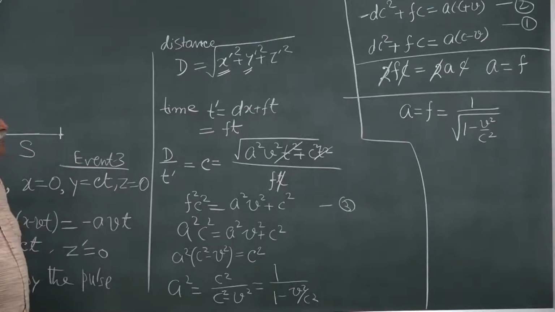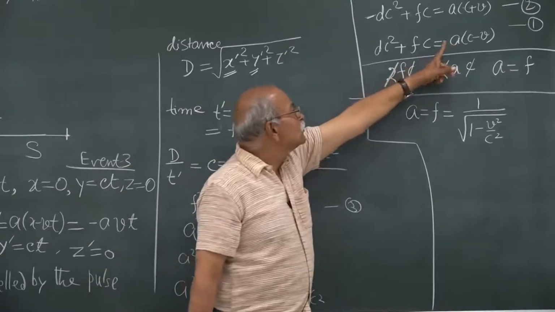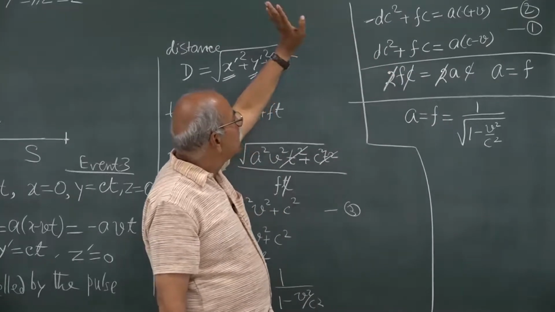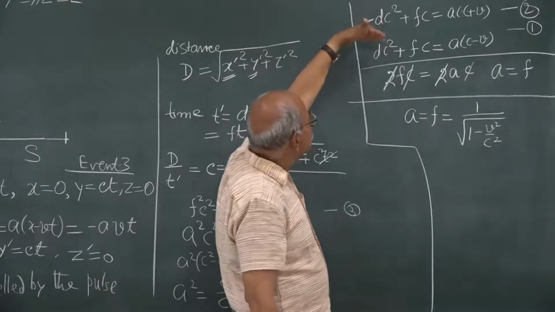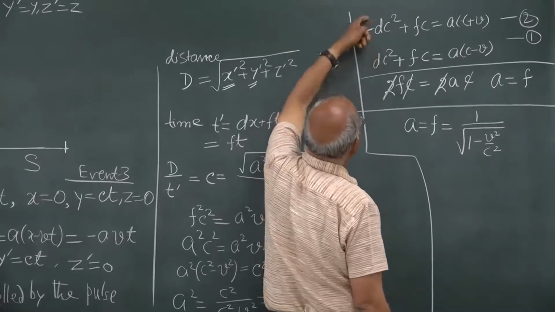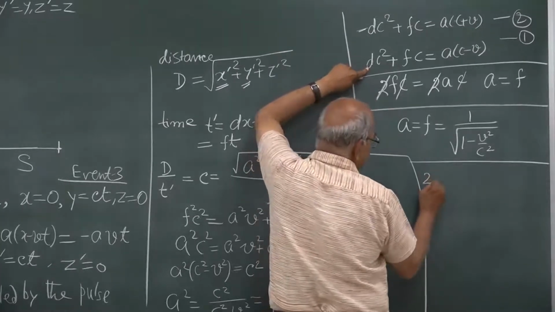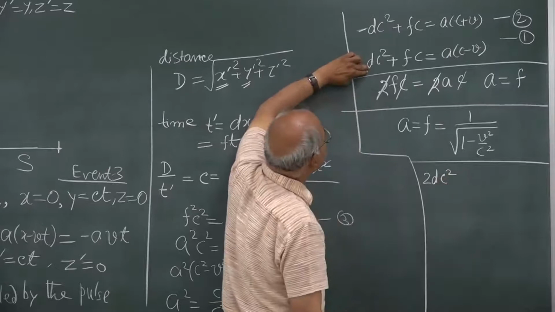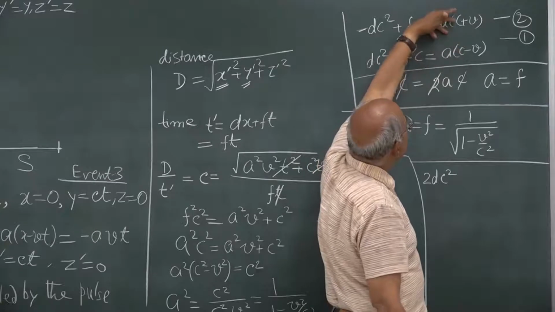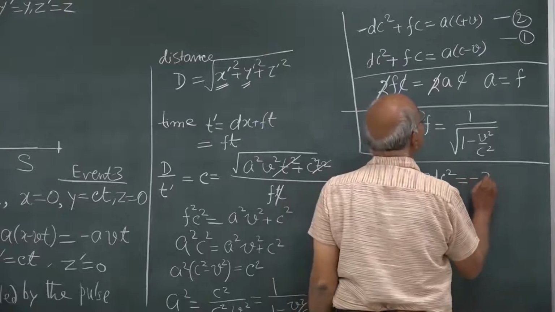And then you need D. So, any of these 2 equations you pick up for D, because now we know what is A, now we know what is F. So, we can write D from any of these equations, or I can subtract this from this. So, if I subtract this second equation from the first equation, what do I get? I get 2 times dc square, dc square and minus dc square, this cancels out, and here I am subtracting. So, AC and this AC cancels out, and minus AB and minus AB is minus 2 times AB,